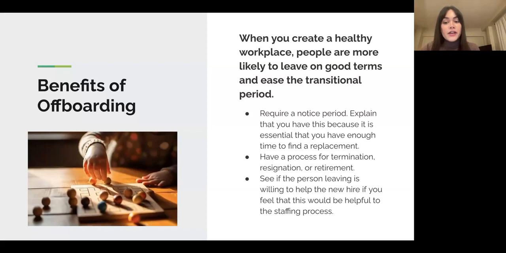Have a process for termination, resignation, or retirement. It's always nice to check in on your staff, maybe a certain way through the year, and say, are you planning on returning next year? If not, that's okay. We just want to know because it takes so long nowadays to maybe find a trained guide in our area. So it helps us ease the transition so much more if we have the heads up. You can ask this months before the year wraps up. So yes, having a process for all of that really helps as well.